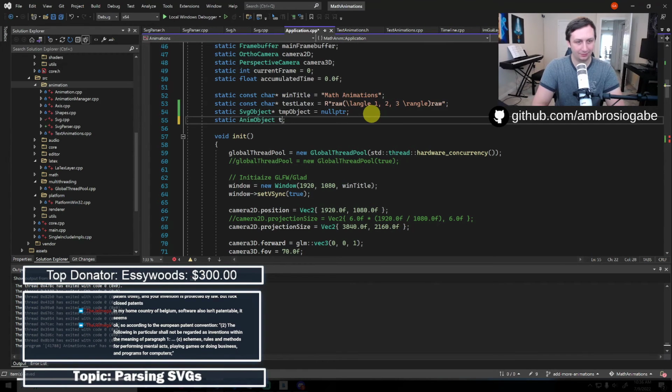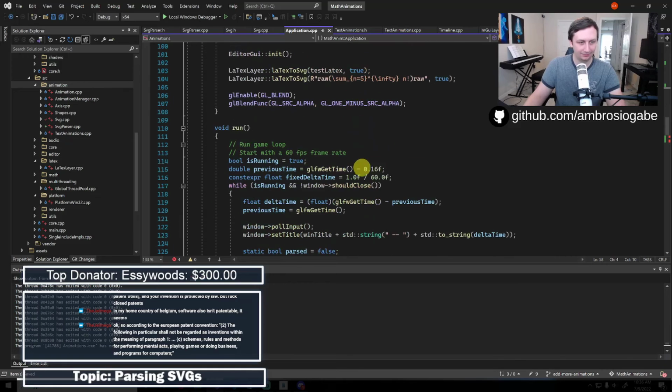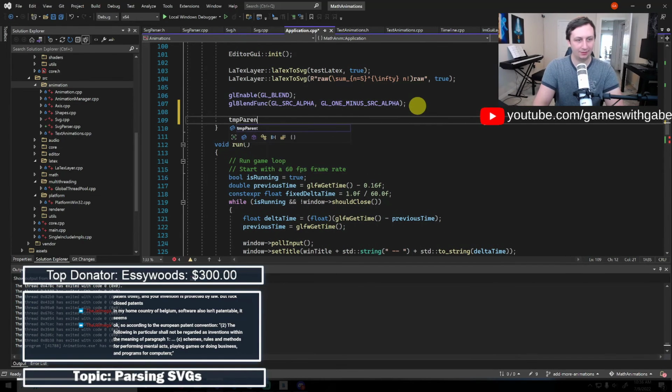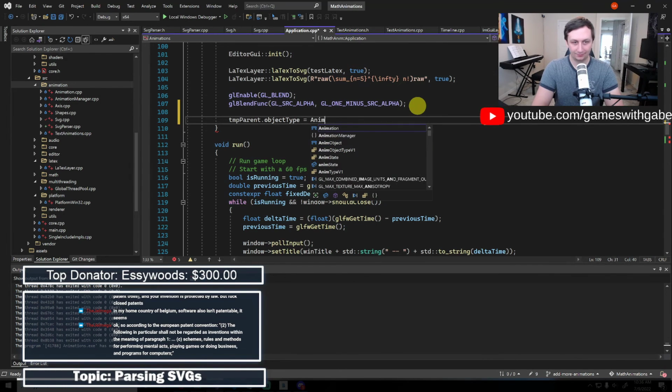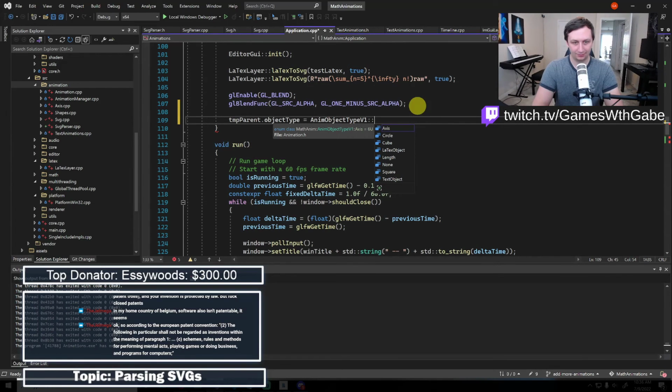parent temp parent. And then here, I'm gonna say temp parent dot type equals anim object type v1. Do I have SVG here? I don't. Okay, we're gonna call it that.